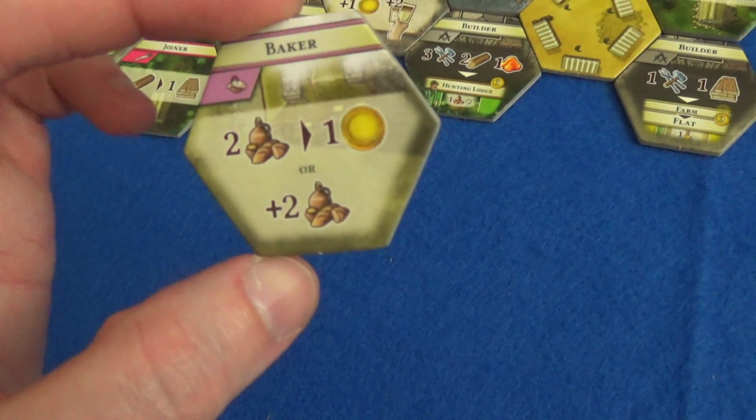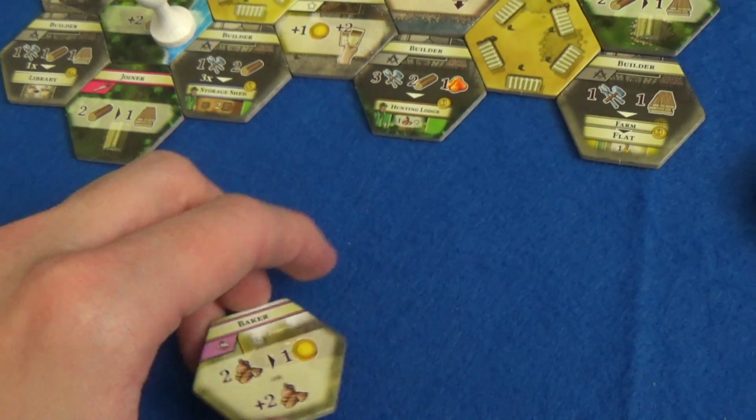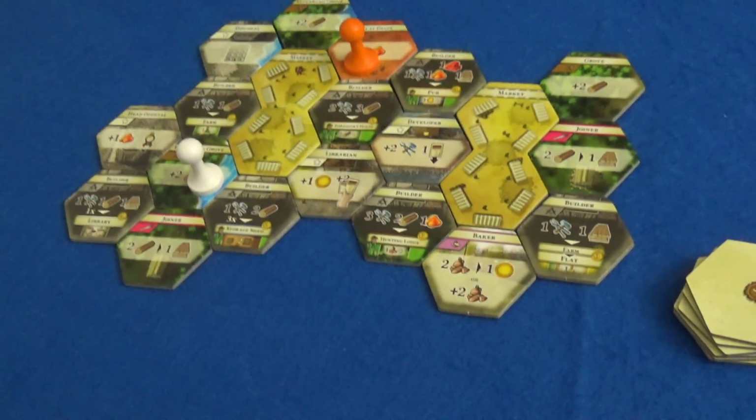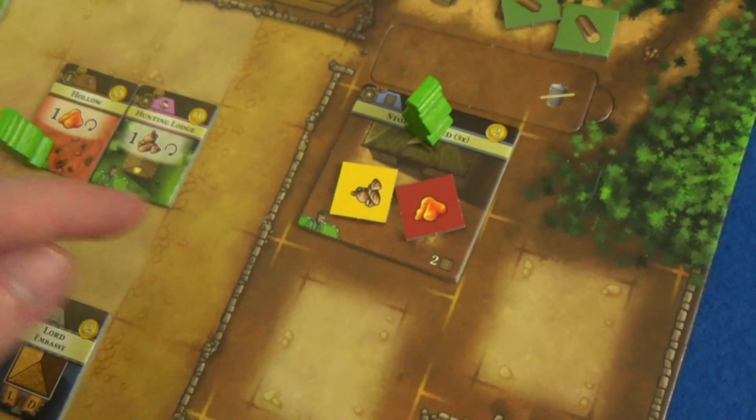And it's a place to sell food as well, 2 food for a money. Let's put that next to the market as well. Although these spaces next to the market are really filling up now. So that was placing new things, redistribute workers. So Marty could now change his mind and get the hunting lodge instead, but I think he's going to stick